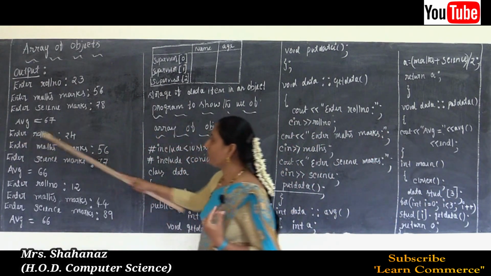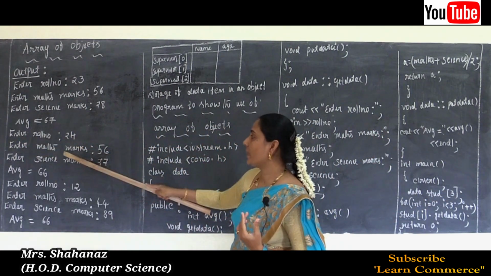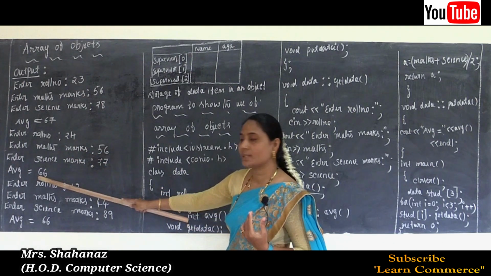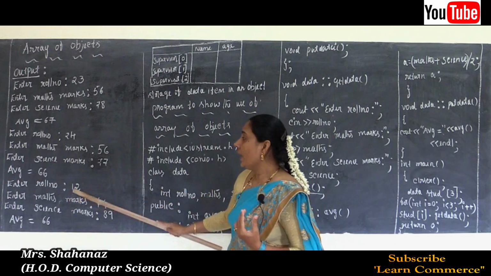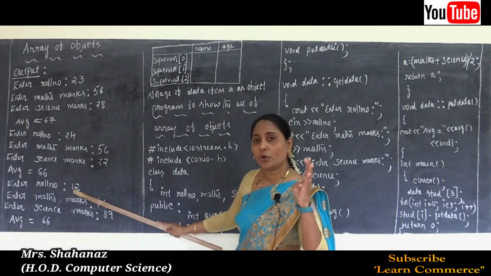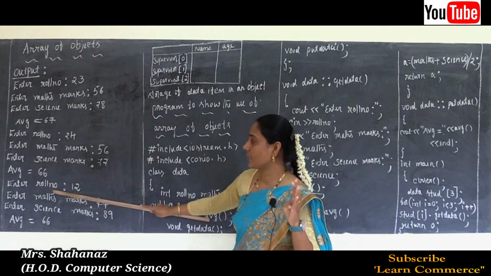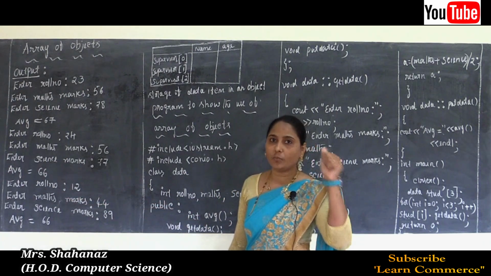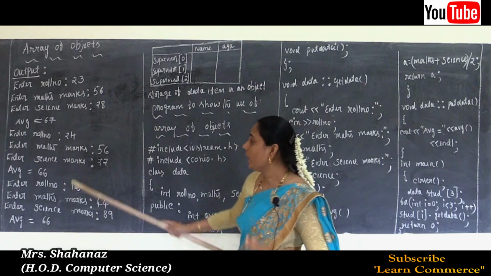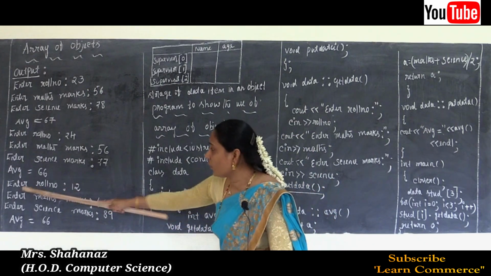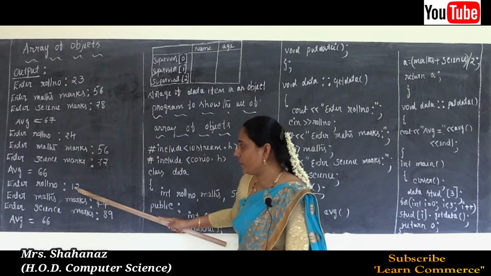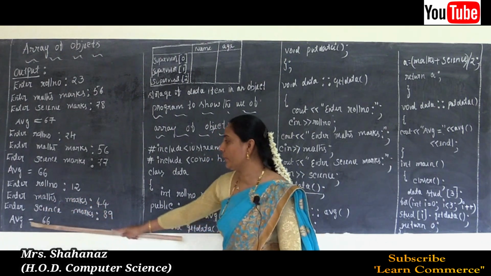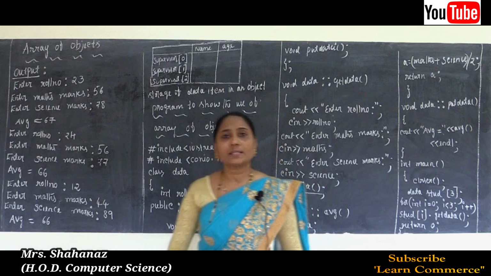So the second information: roll number 24, maths marks 56, science marks 77, average value is 66. And the third, that means index 0, 1 and 2 are the student information, but we know that the students are going to be entered as 1, 2, 3. So 3 pieces of student information. Roll number 12, any roll number we can use, maths marks 44, science marks 89, and it's going to display the average value as 66.